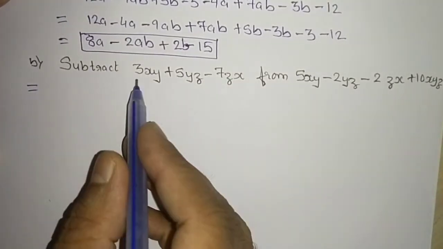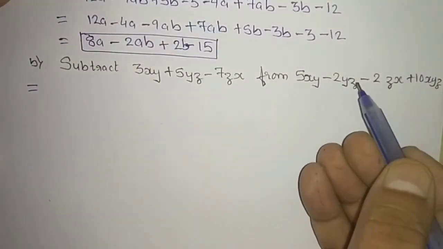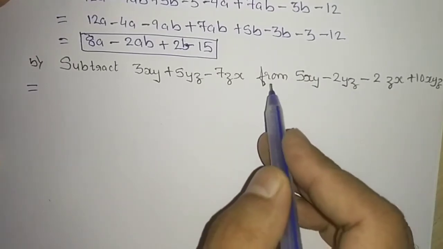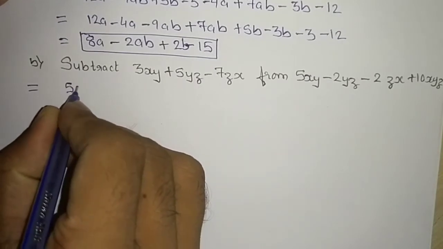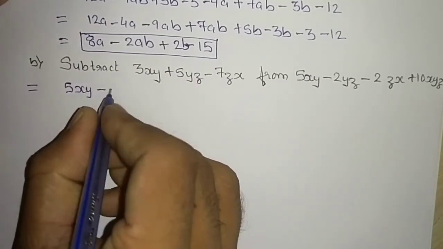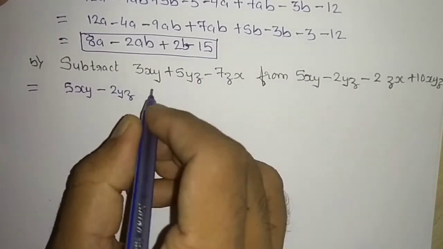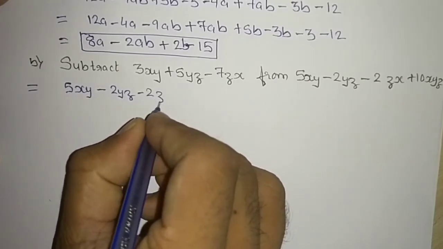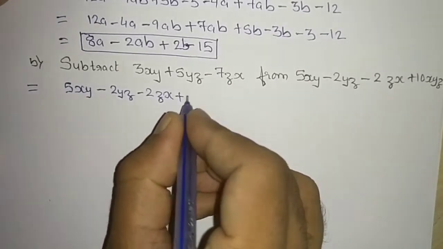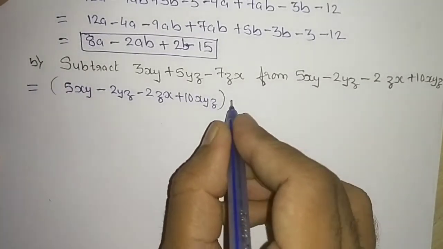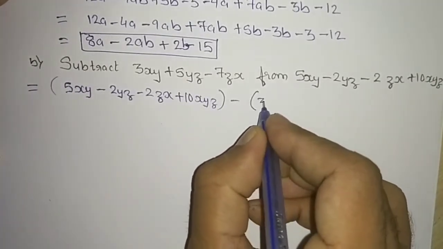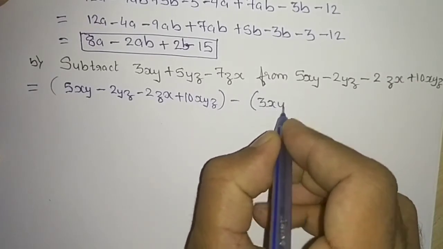If they are telling subtract one and the other, then you can subtract directly, but here they have told from this, so we will write that first. 5xy minus 2yz minus 2zx plus 10xyz. If you don't keep this in bracket, it is okay, but the next expression you are supposed to keep in bracket,